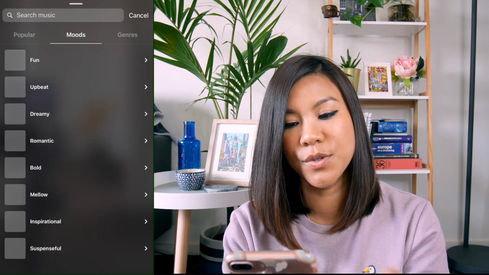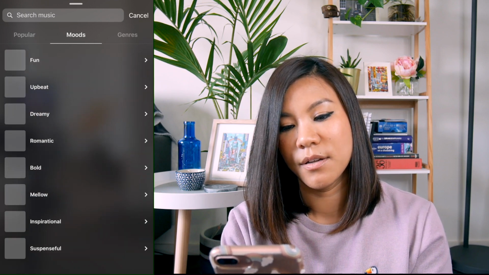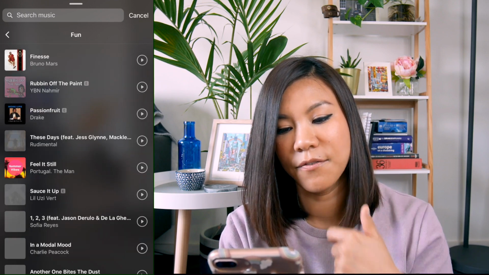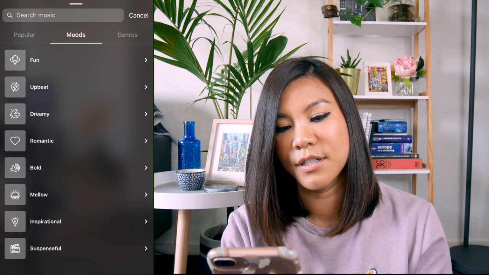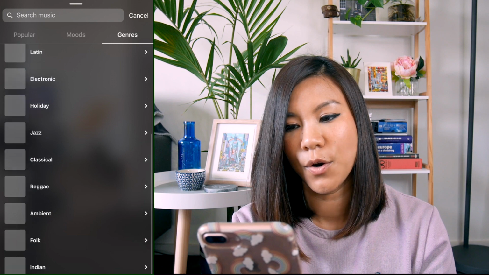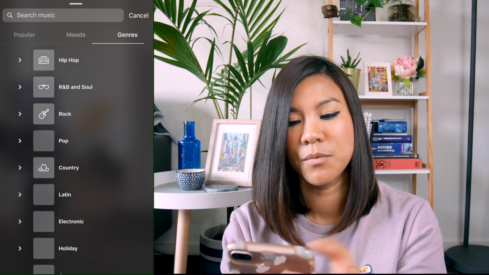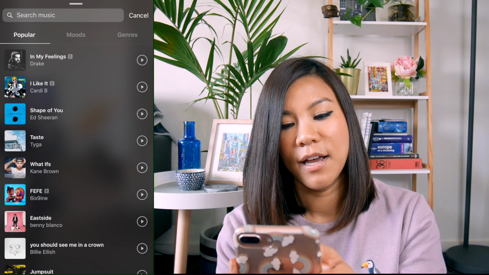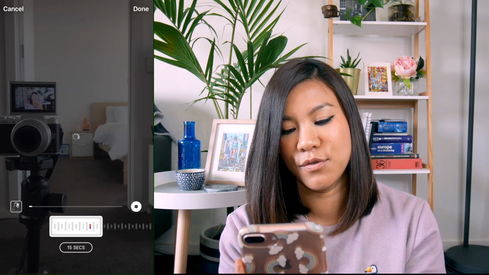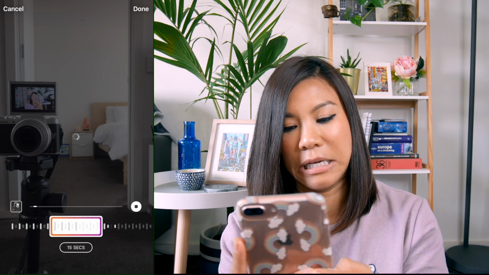And there's moods as well. You can see what songs are under fun. You've got here Bruno Mars and Drake, and then you can go through the different genres as well. So I'm just gonna go with popular, all the popular songs right now, and let's just do the typical Kiki